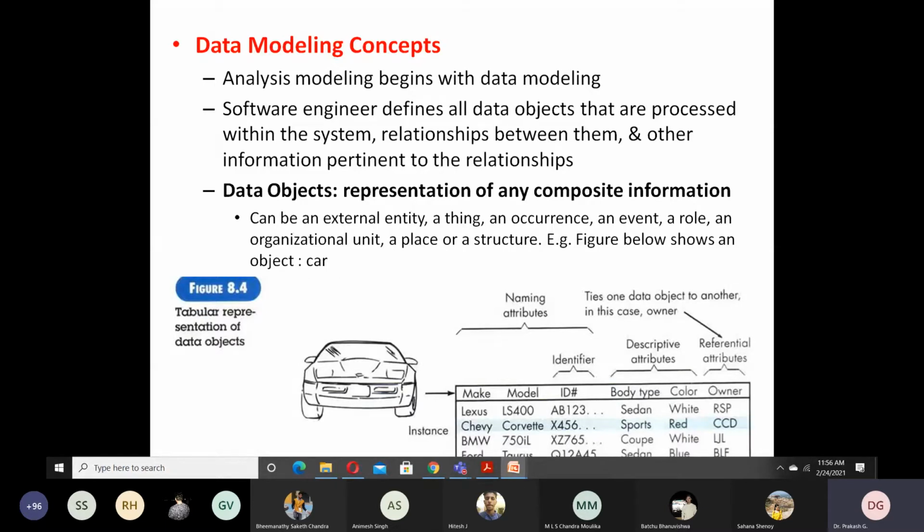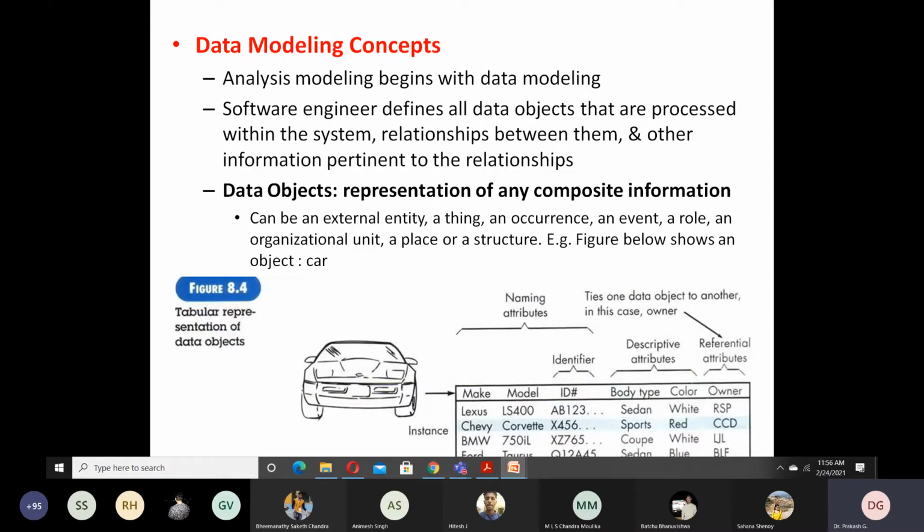So a thing you said is a student. Student is a thing, but just think about student as a role. Teacher is a role. Like that we can consider the student and teacher as a data object. So this is the way we can plan. Student is not a thing, student is a role.